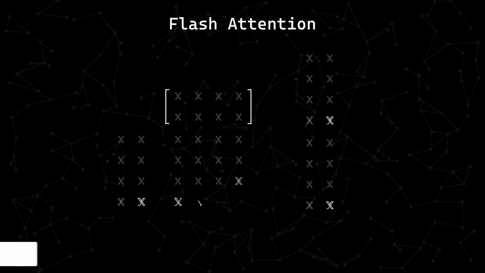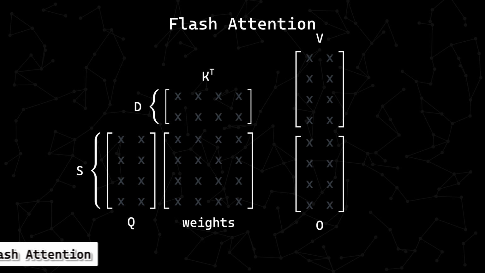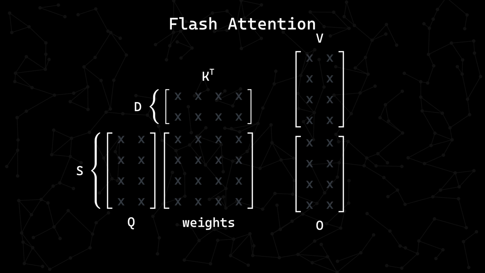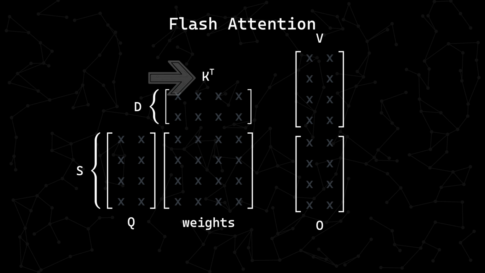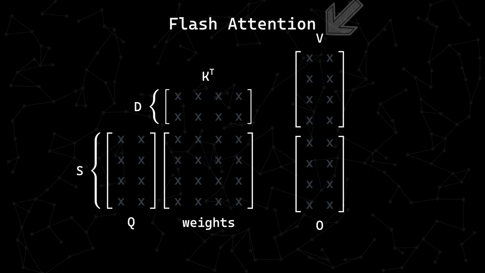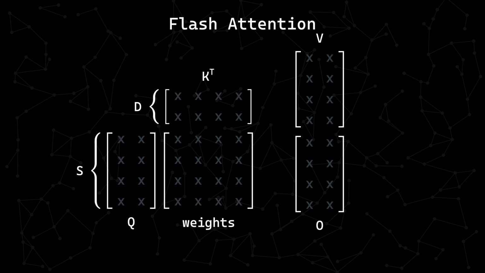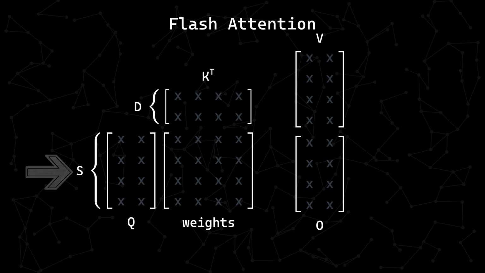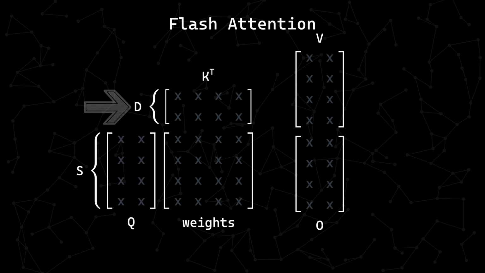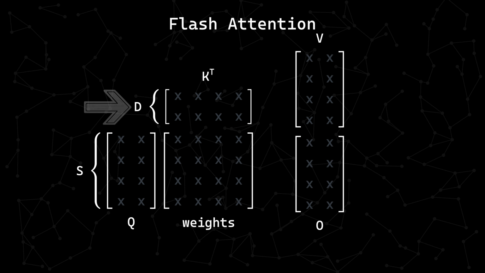Well guys, we finally have all of the building blocks in order to see the final flash attention algorithm in action. Let's say this is our setup. We have the Q matrix on the left, the K matrix transposed on the top, the V matrix on the top right, and the output matrix on the bottom right. We can see that the longer dimension for our Q, K, and V matrix represents our sequence length, and the shorter dimension represents our hidden dimension for our transformer.